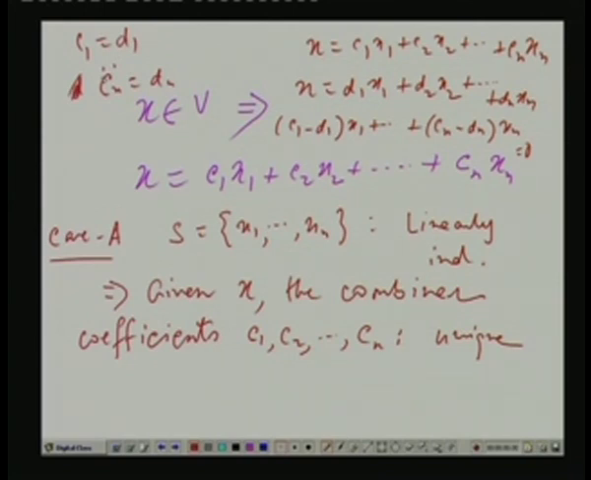So the coefficients are unique. You cannot have two sets of coefficients which can be used to linearly combine x1 to xn producing the same vector x. So, uniqueness of the combiner coefficients. The vector x can be described in terms of the coefficients C1 to Cn, provided x1 to xn are a fixed choice. So each vector x has its own unique representation in terms of the coefficients C1, C2 up to Cn. On the other hand,